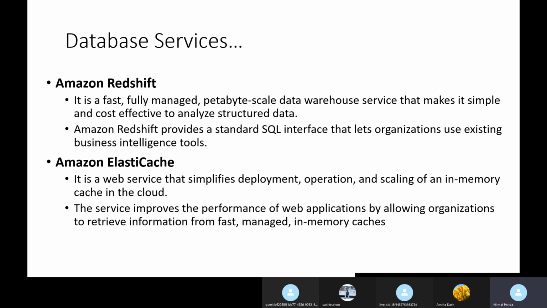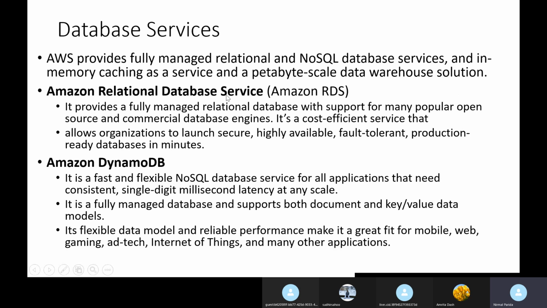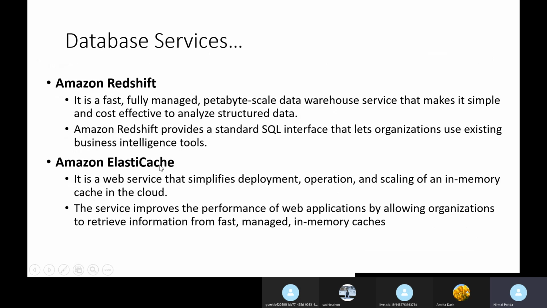Next is Amazon ElastiCache. It is a web service that simplifies deployment, operation, and scaling of an in-memory cache. See, RDS is not in memory; it is like a virtual machine where your database engine is installed and you are using it. ElastiCache is in memory, like your caching server.